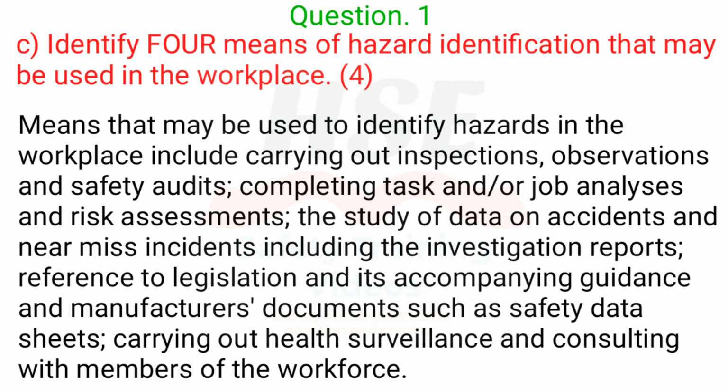Question C. Identify 4 means of hazard identification that may be used in the workplace. 4 marks question. Means that may be used to identify hazards in the workplace include carrying out inspections, observations and safety audits, completing task and/or job analyses and risk assessments, the study of data on accidents and near-miss incidents including